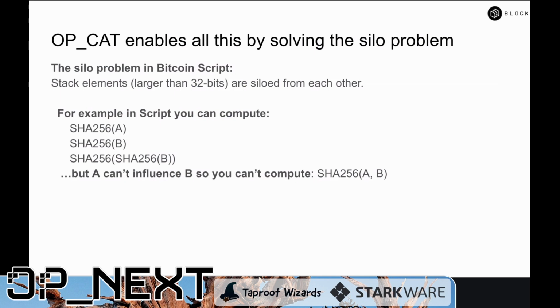So why is opcat so powerful? It's such a simple thing. How does it enable this? And the way it does this is that it solves the silo problem in Bitcoin script, which is that for stack elements